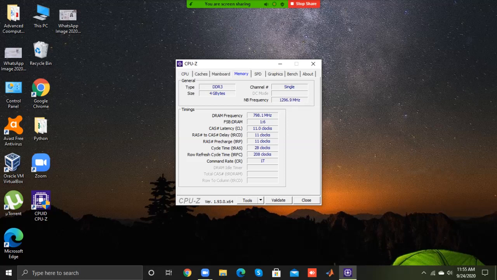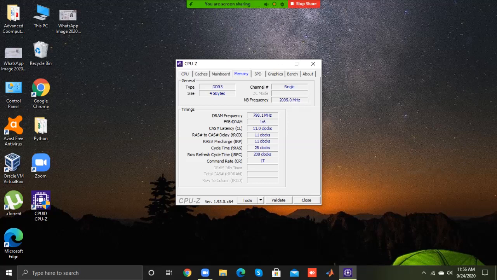DRAM frequency is the memory clock speed. DRAM stands for Dynamic Random Access Memory. The rest of the information on this page is related to cache latency. Cache latency is a measurement of time between the moment a memory controller tells the memory module to access a particular memory column and the moment the data is available.